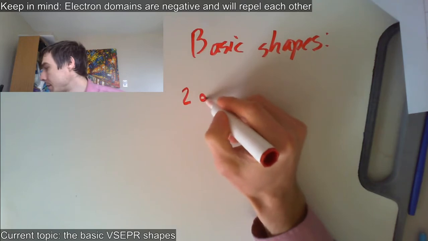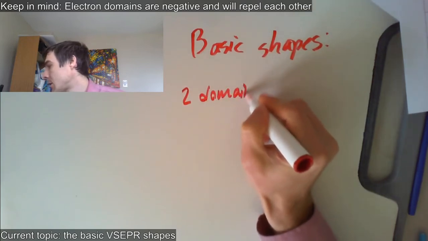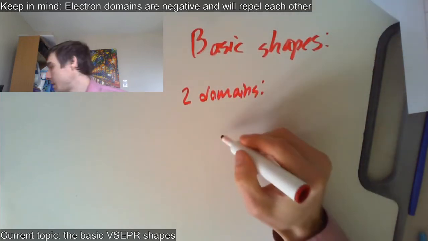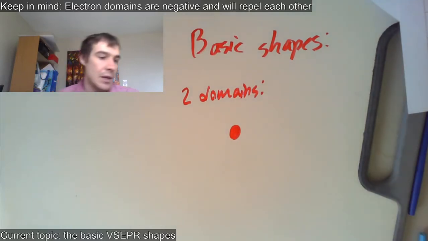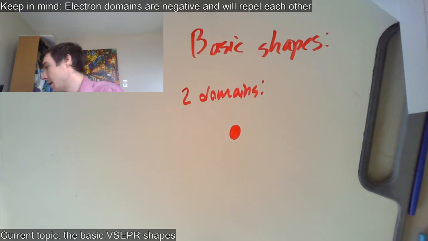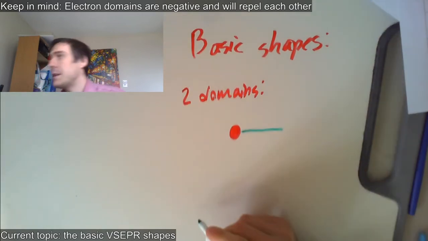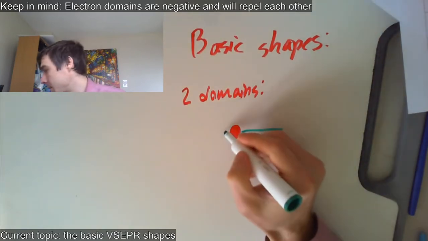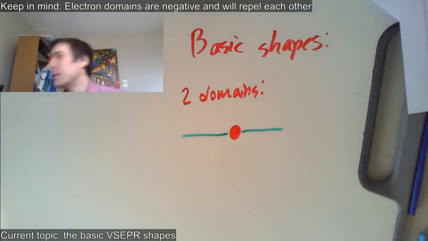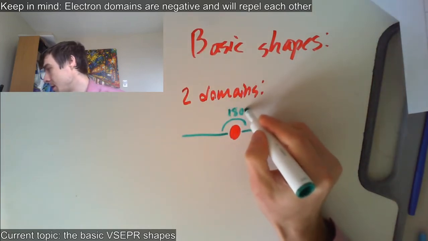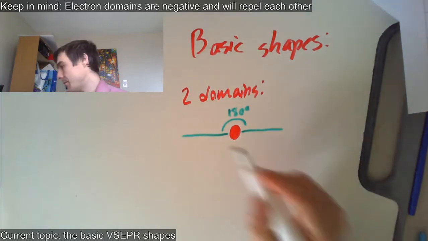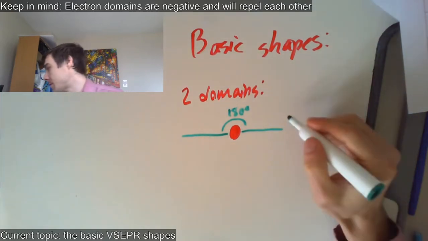But if we have 2 domains, you have a central atom. If one domain is out this way, the second domain wants to be as far away as possible going that way. So you have a 180-degree bond angle, and the shape is called linear